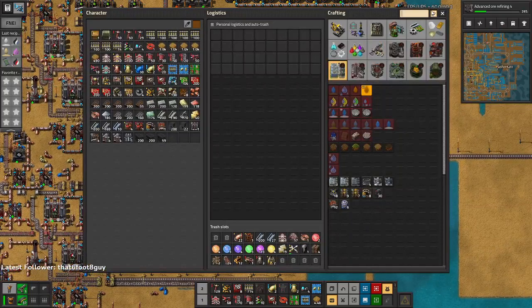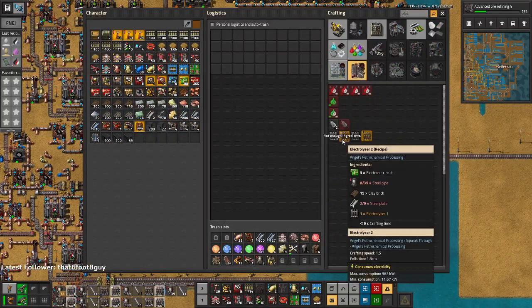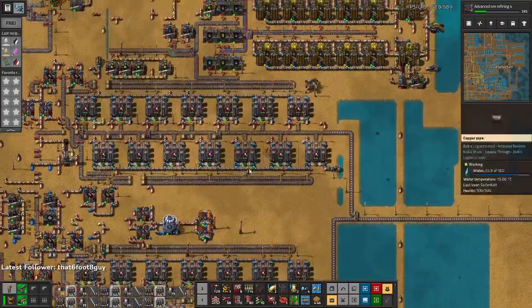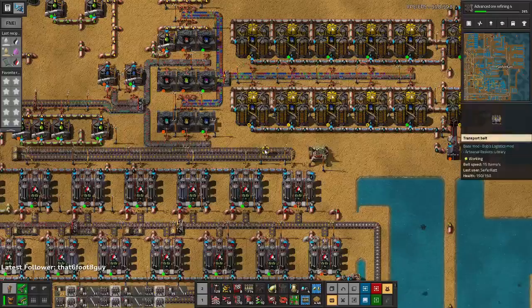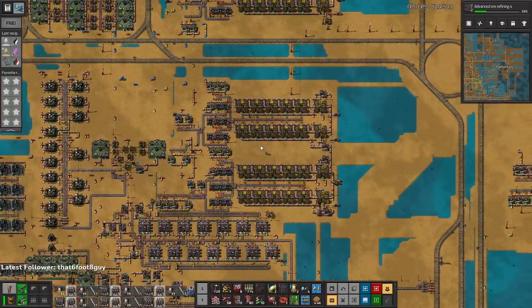But I do need more electrolyzers. Okay, so there's a couple of good things about electrolyzers. First of which is that they are, I was going to say efficient, but they're not. We don't need to, I don't think we need to worry about the,